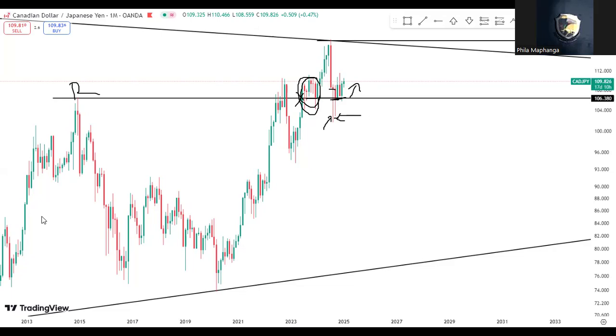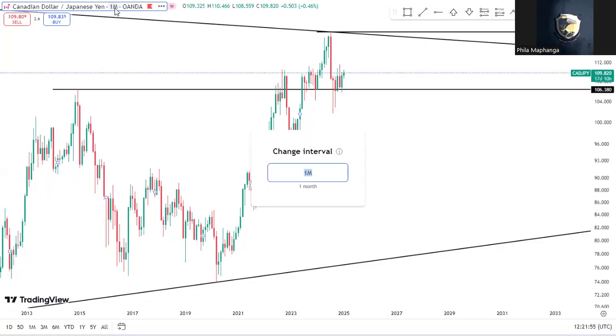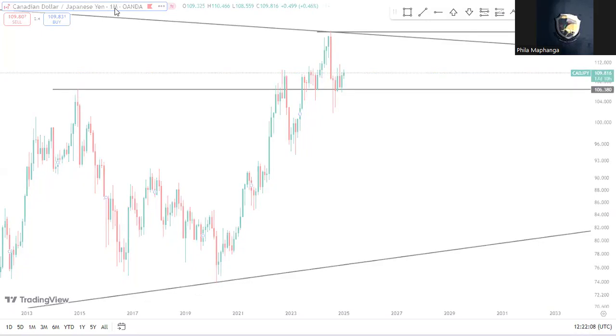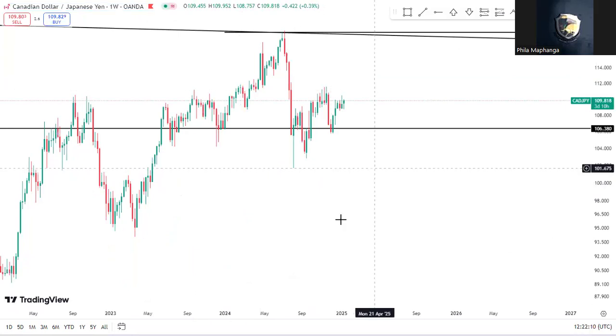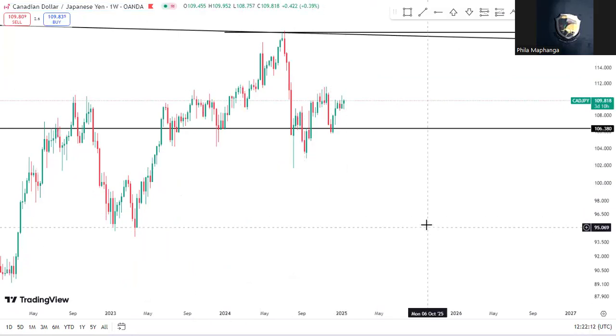So let's move down. We go to the weekly time frame. Remember, we started from 12 months. Those higher time frames are very important when it comes to identifying the trend. Now you know that we are looking for buy opportunities. So let's go to the weekly time frame and see what we have on it. When we look carefully here, you can see that